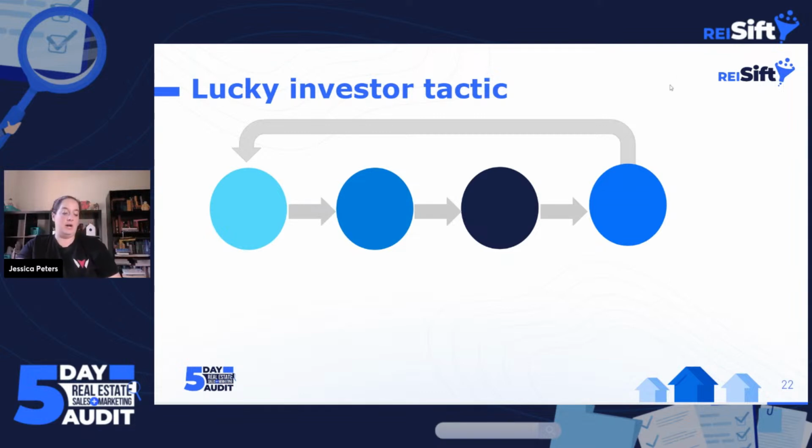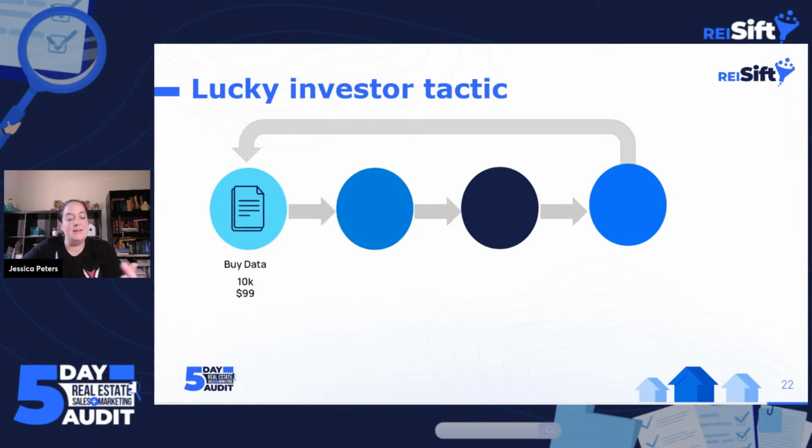So the first thing we talk about is lucky versus smart: what's a lucky investor versus a smart investor. We're going to talk about strategies that we've seen people implement when they come into REI Sift, or that we've seen in YouTube videos of other people recommending. This goes into a strategy we sometimes see, where people say, you call 100,000 people, somebody's going to want to sell their house, right? This is what we see when people come in with that mentality.